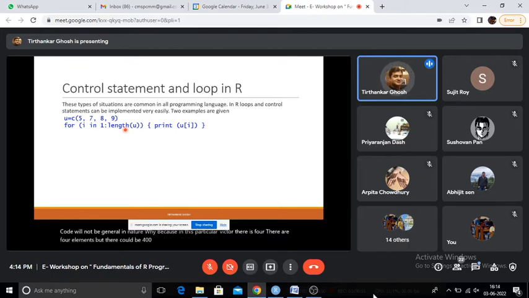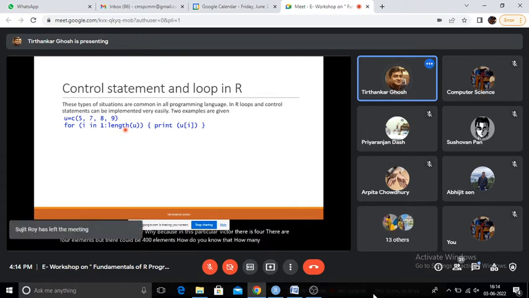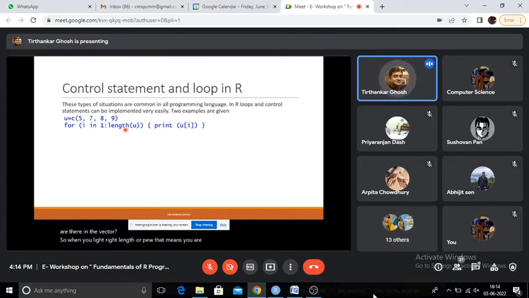How do you know how many elements are there in the vector? So when you write length of u, you are saying keep on printing the values u[i] until the length of the vector, that means until the last element appears, right?